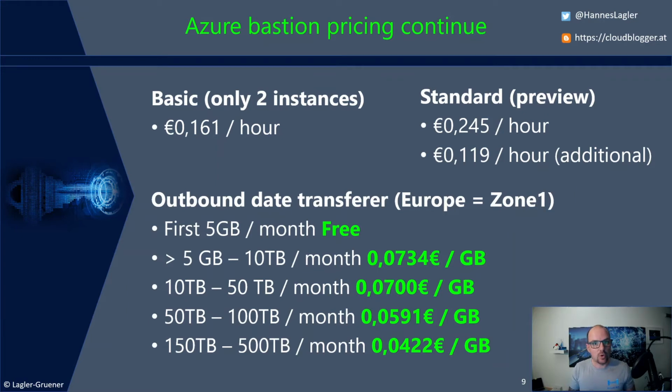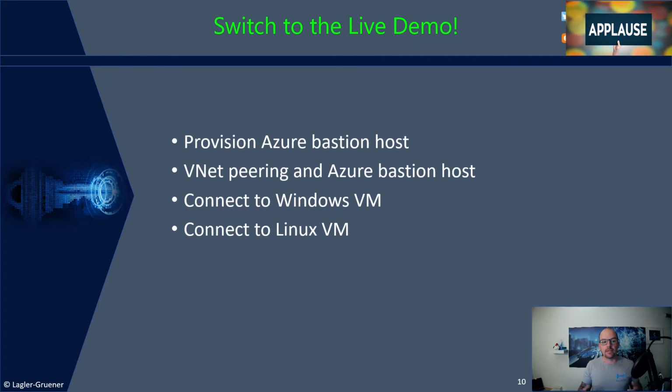So let's go to the live demo. What kind of topics do we have? First of all, we provision an Azure Bastion host. So I have a demo environment with 2 virtual networks in 2 different regions, with peering, with VMs, everything prepared for this session. We want to provision a new Azure Bastion host. I want to show you the VNet peering option between 2 VNets, and also using Azure Bastion on top. And then I will connect to the Azure Windows VM and also to the Linux VM over the